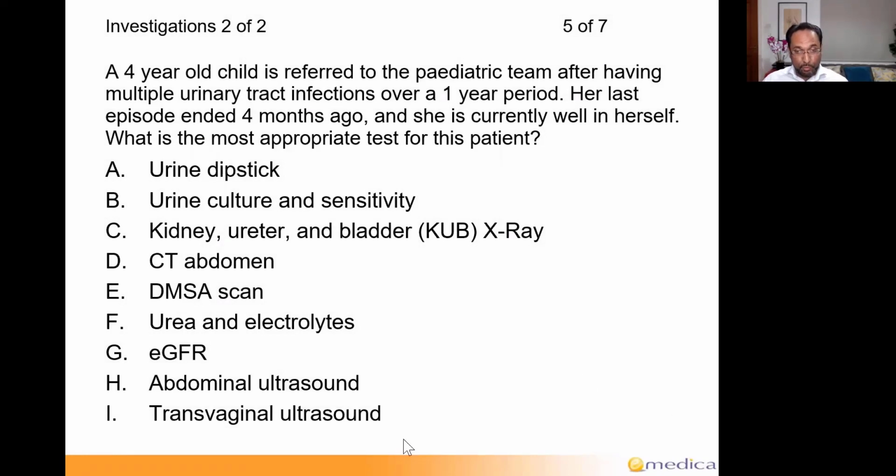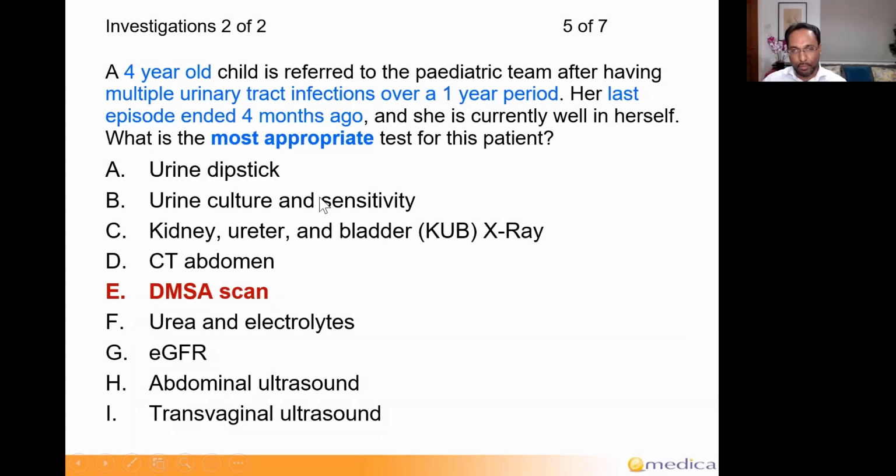Okay, great. So big spread of answers here between A all the way down to E. So the three popular answers are B, C, and E. So urine culture, a KUB X-ray, and a DMSA scan. These are the three really popular ones. So correct answer here is E, DMSA scan. So well done. About just over 1/3 of you got that right, okay?